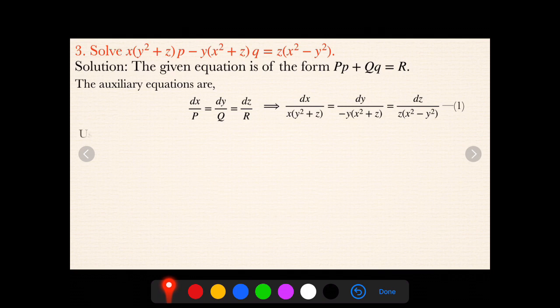Okay. Then, multipliers. Now observe here. In the first term only x, y, z is changing; in the second and third ones the logic is not going. Then you need to think about random multipliers. So I will multiply initially x y square plus x z will be there, x square y minus z will be there, z x square minus z y square is there.